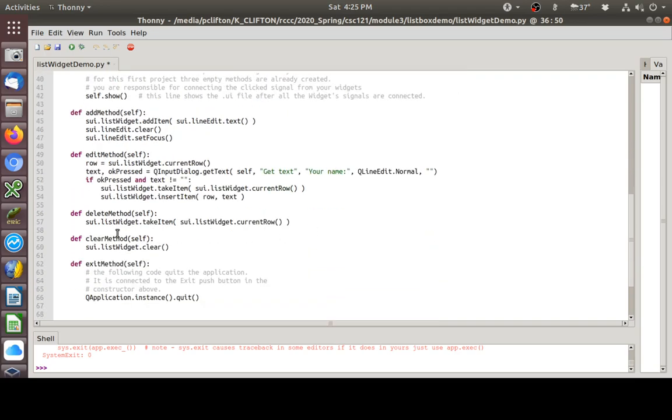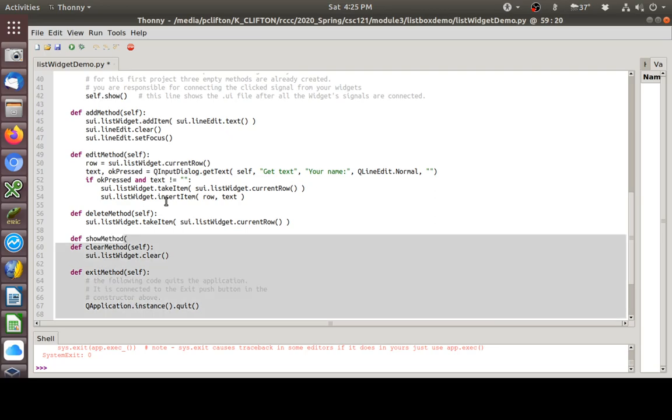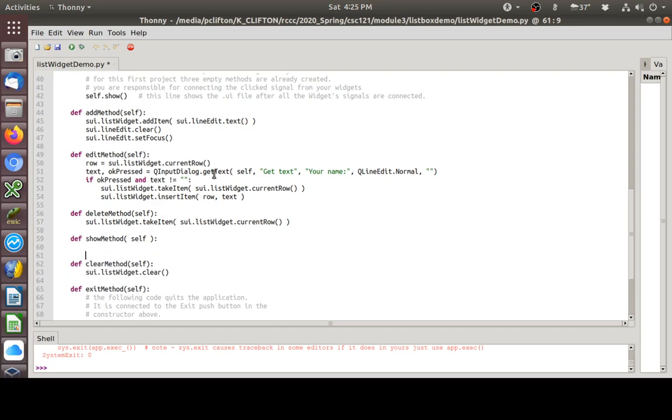So let's write our show method here. Remember, always pass self there. Okay, so we've got our show method. Let's set the text on that label. Again, that label was label item,